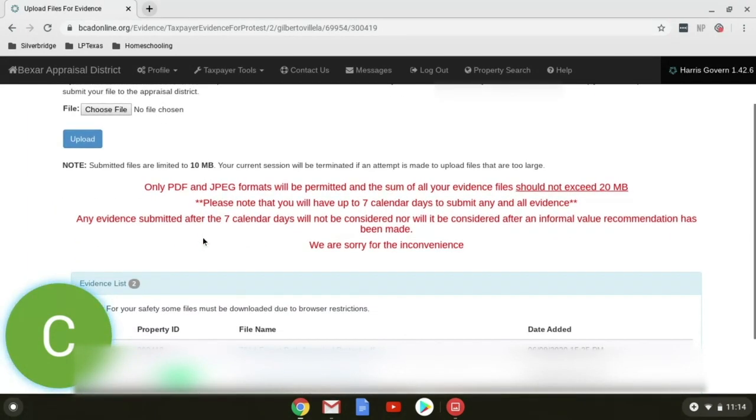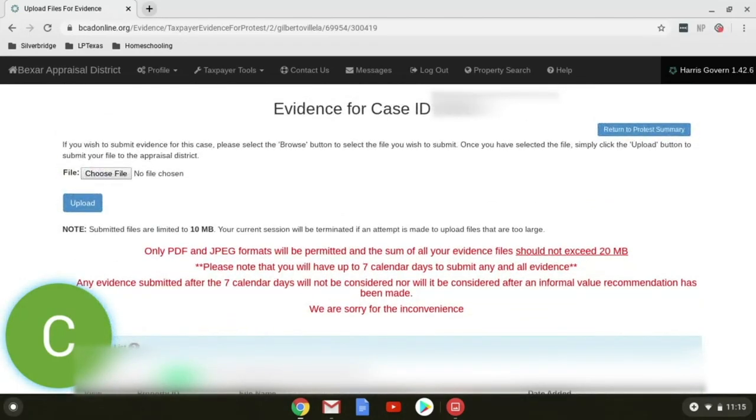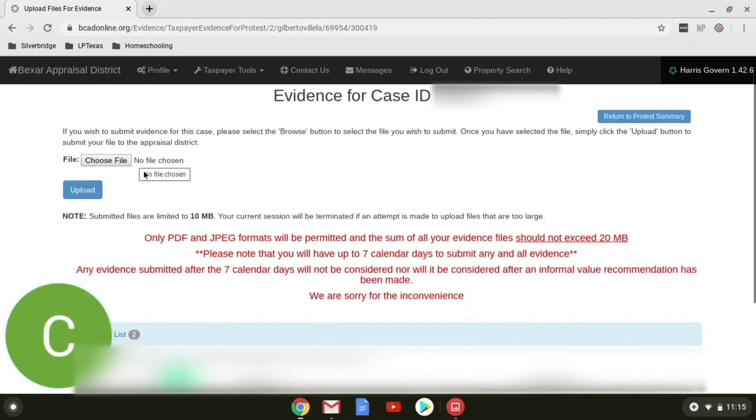In addition to photos, you can also add an inspection report. If you've recently bought your home and you had a home inspection, you can put that as evidence that there are problems, because every inspection report shows a bunch of problems. So I recommend uploading that as well. Once you choose this, you click upload.